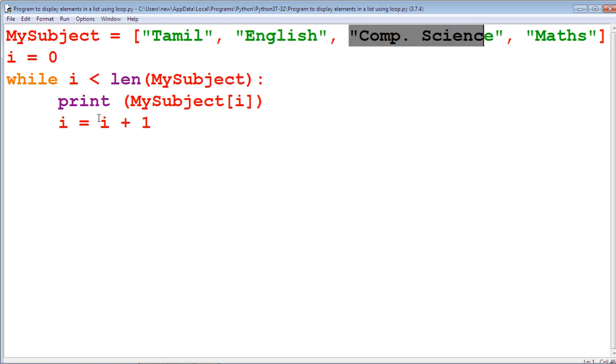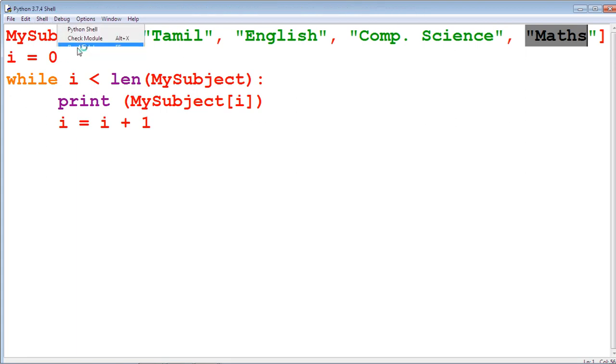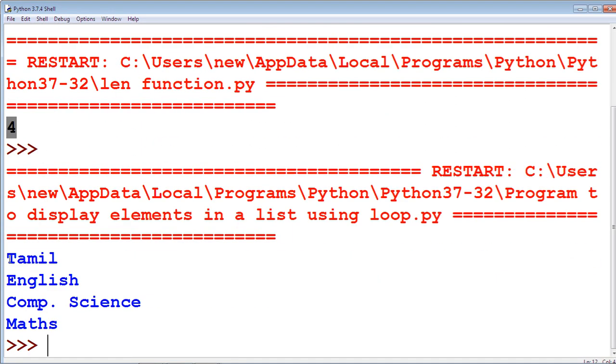In the fourth and final step, i reaches 3, so print my subject of 3, that is Maths. When it reaches 4, the condition becomes false and the loop is terminated. Run this module, we get each element of the list: Tamil, English, Computer Science and Maths.